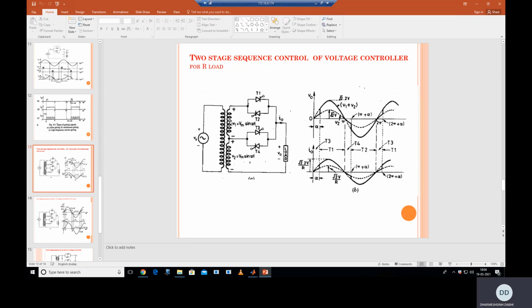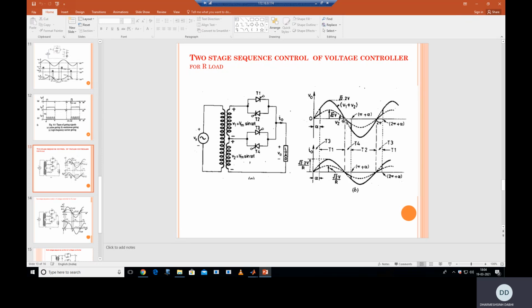voltage of this winding comes reversely across the thyristor T3. So that will turn off the thyristor T3 and the whole secondary winding voltage, it means this secondary winding voltage, comes directly across the load side. So you can see the voltage after alpha degree when T1 is turned on and T3 will turn off, the output voltage jumps to 2 Vm sin omega t up to this pi angle.